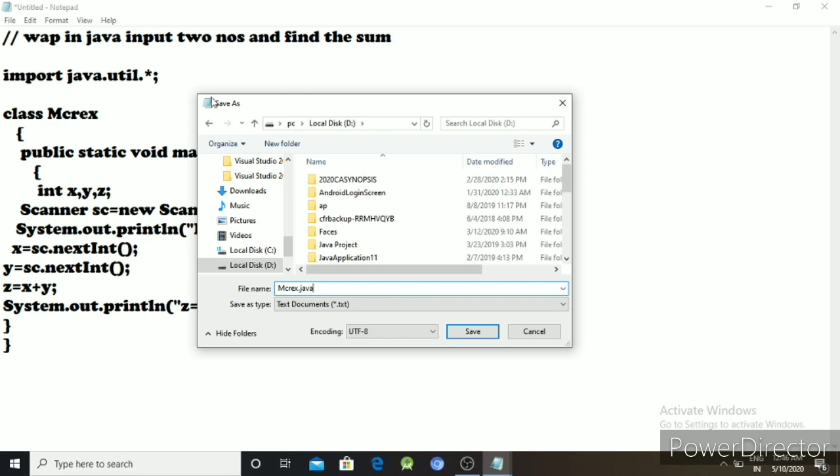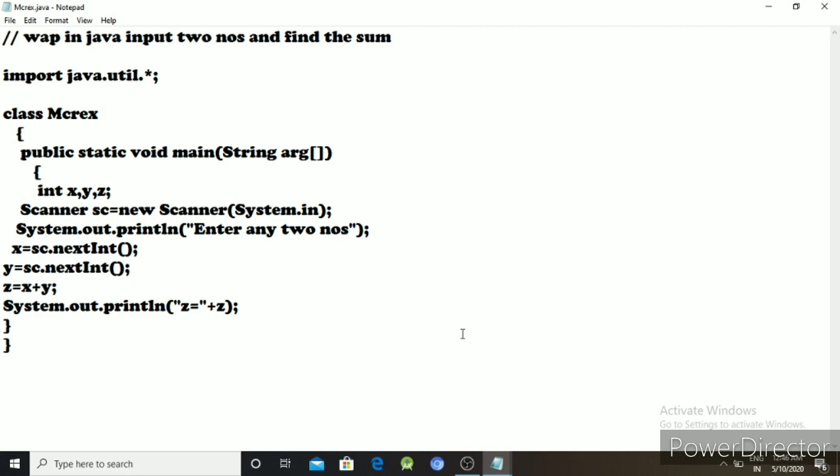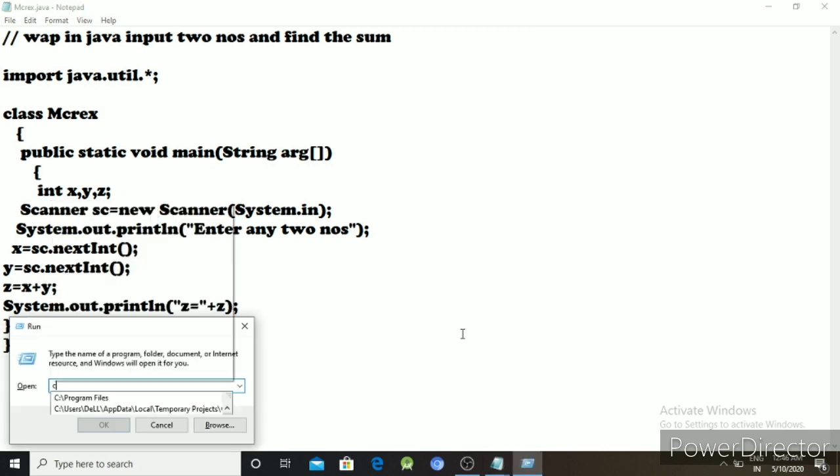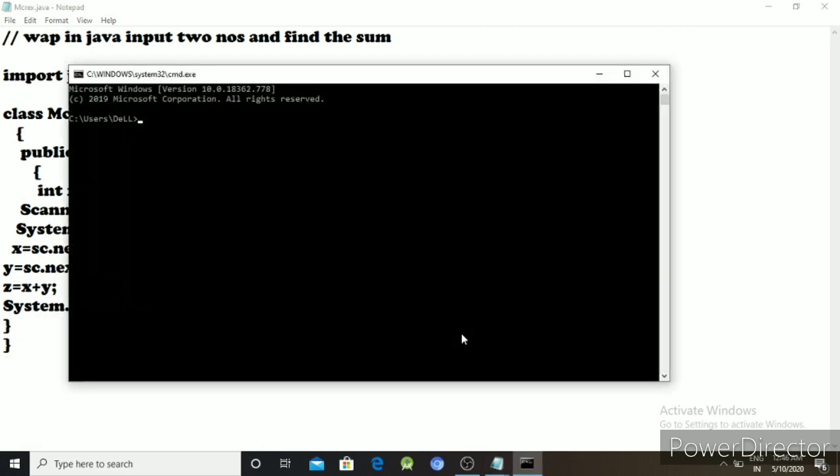Here the class name is mcrex, so mcrex.java, then all files, then save the program. Go to cmd, then D drive, javac, program name mcrex.java. Compile the program.